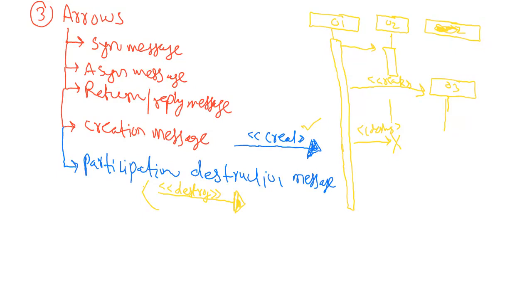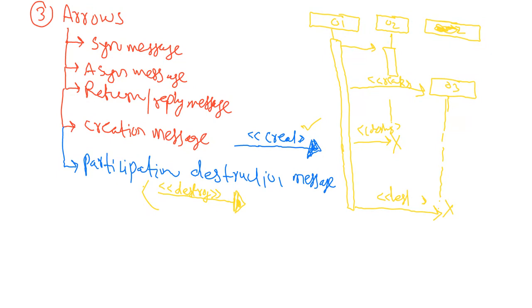When I send the destroy message to object 2, it gets destroyed, and object 3 will continue living. When I don't want object 3 either, I will again send a destroy message to it. Then this object also gets destroyed. It will be removed. Understood? Is it clear? Hope the thing is clear to you.